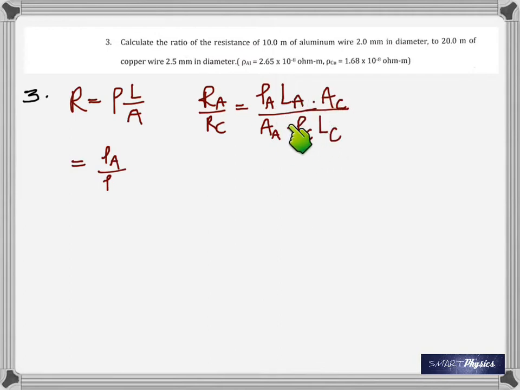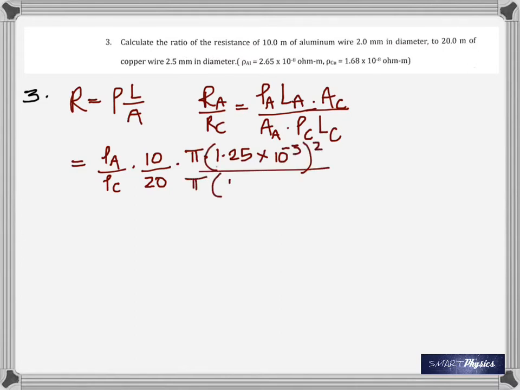Obviously, I have switched sides for this because you know when you divide, you invert it and multiply. That's what I've done. And then just substitute the numbers, not a big thing. And area is, of course, pi r squared. What's given is not the radius, right? So you got to take half of that, change it into meters. So I've done all that. Millimeters is changed into meters. That's why there is 10 to the negative 3. That's pi r squared because it's the area. I just put these two one below the other. I collected them, you know what I mean. Those are the ratio of the lengths, and